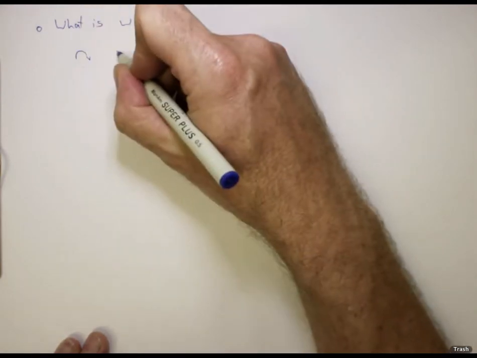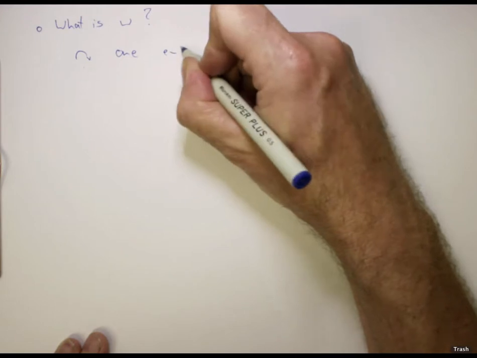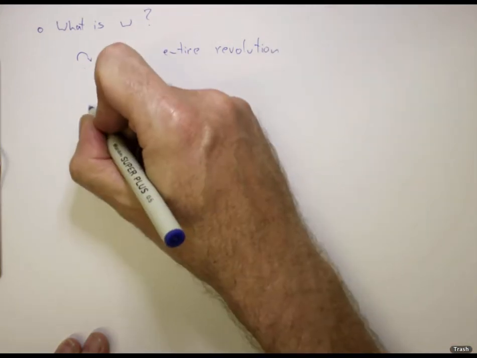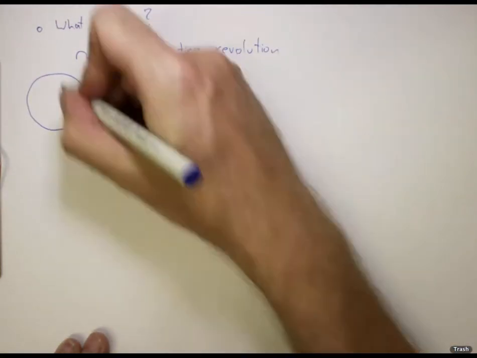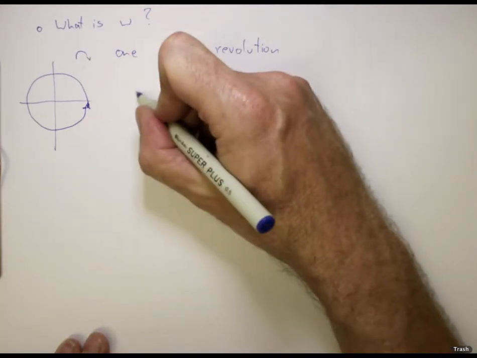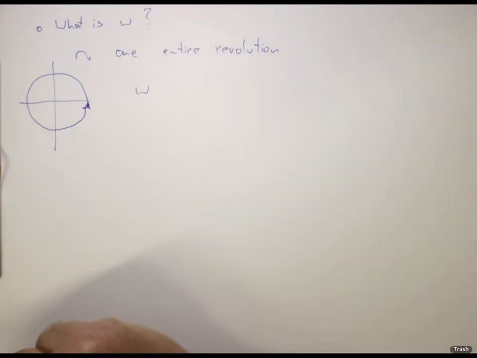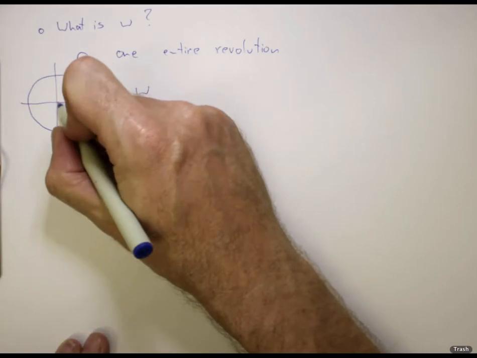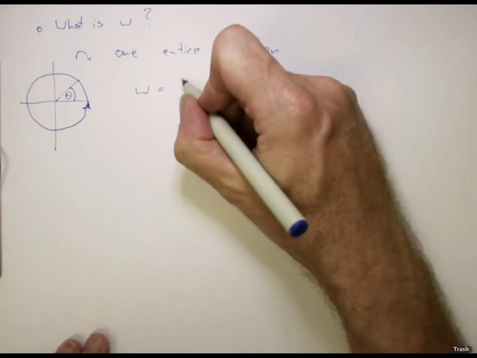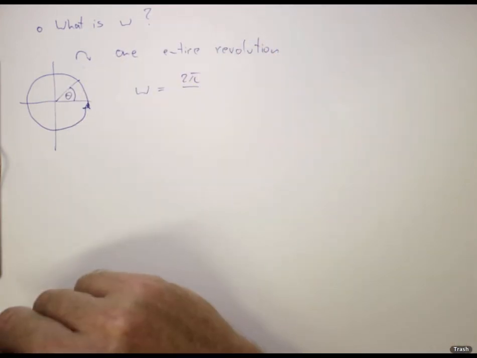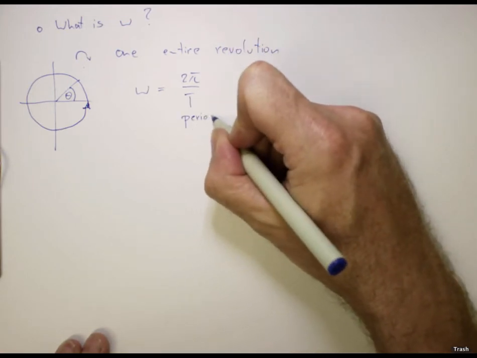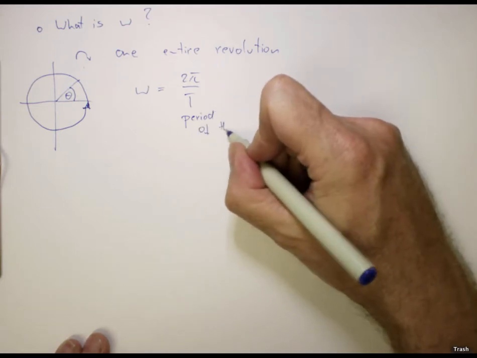Well, we can see that for one entire revolution, going around all the way, one entire revolution, we find that omega, the rate of increase of the displacement angle theta, is equal to 2 pi for one revolution divided by the time it takes to get around, which we may call capital T, and call it the period of the revolution,